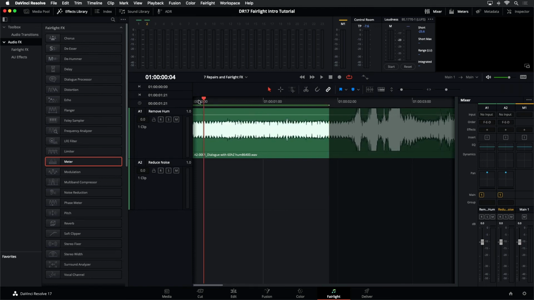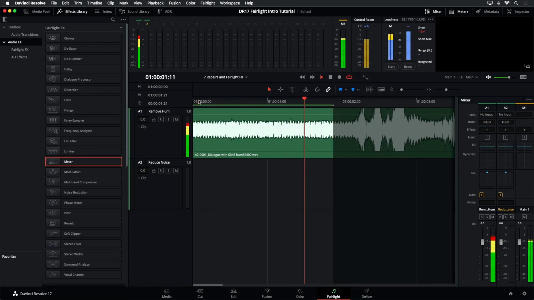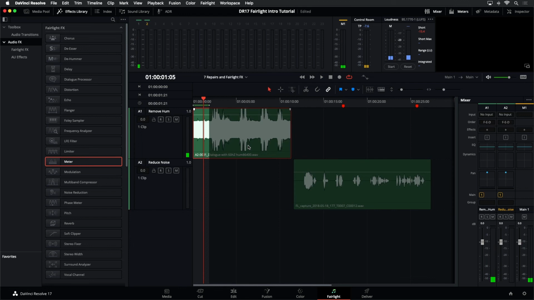So now it's nice and loud, and you'll hear there's that power line hum. You can hear it. That's a very common sound that you'll get. If you ever plugged in an amplifier, you know what that sound is. That is a 60 hertz power line sound. I'm just going to go ahead and put that back. Notice that when I raise the volume of a clip, by just double clicking on that volume line, it does reset that level. Now, if I want to remove that sound, I'm going to add a plugin to the clip